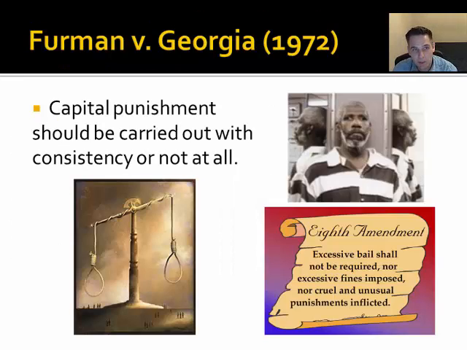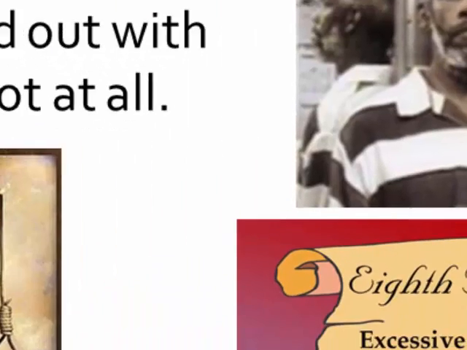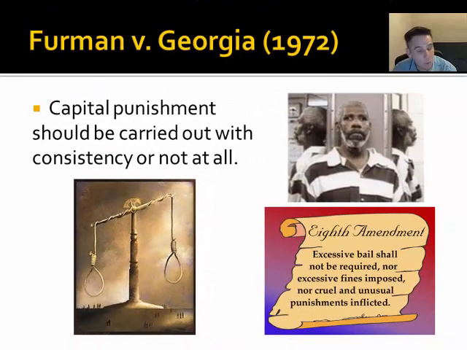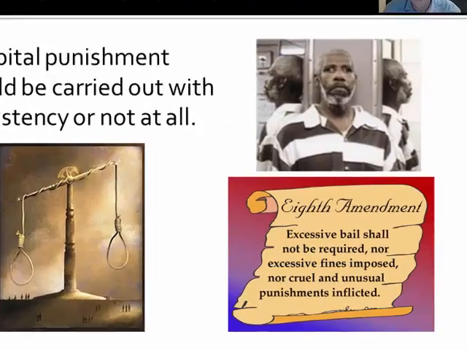Finally, the Supreme Court in 1972, now this is under Warren, the Warren Court, they got the case of this guy named Furman. And Furman was given the death penalty, and he said that the death penalty he was given was not fair. That there's a lot of weak evidence in the trial, that there's some room for doubt whether he did it or not. Plus, he was making an argument that people that weren't black in similar situations, accused of similar crimes, were not getting the death penalty. And so this went all the way to the Supreme Court, and they decided, based on